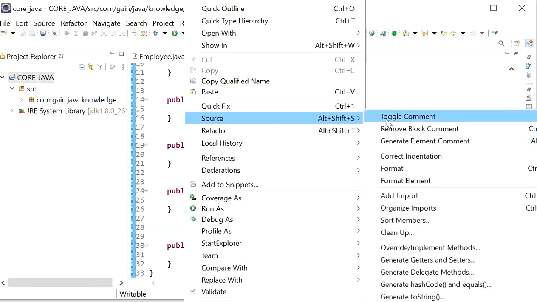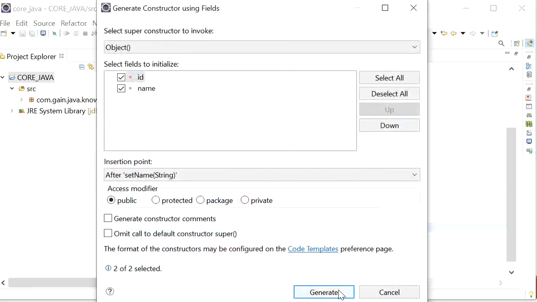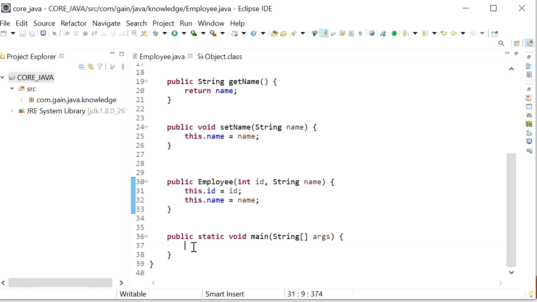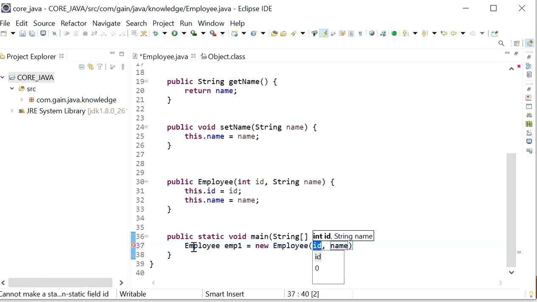Now we can also generate its constructor using fields, and here I will create the object for Employee class, employee1, new Employee, with id 1, and here we need to pass the name of the employee, that is Java employee.